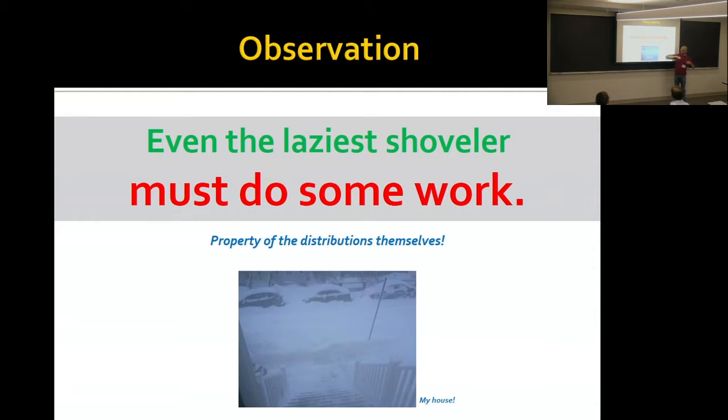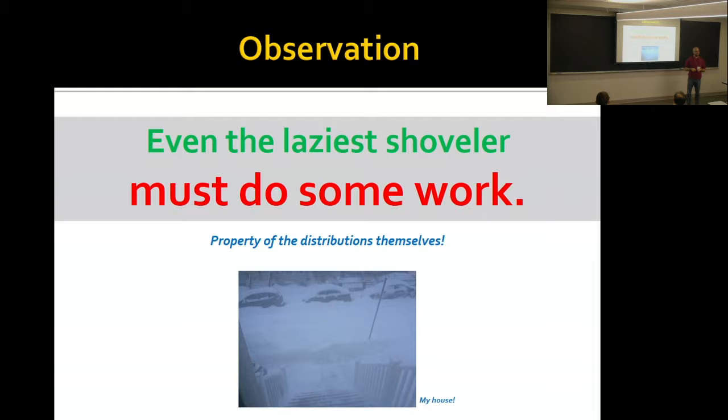This is a photograph of my front yard a few months back. And of course, as a lazy mathematician, you know, the city of Somerville won't allow me to go to work until I remove all of this snow from the path across the front of my house. This was actually a school day, which was really irritating. But I digress. And so, of course, there are many different ways that I could do that, right?